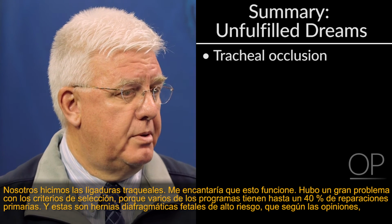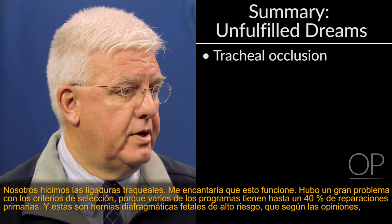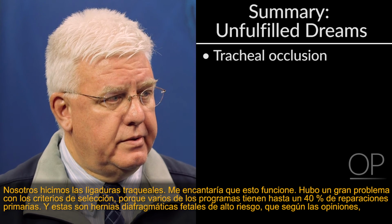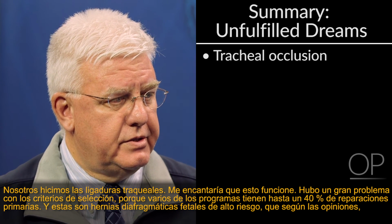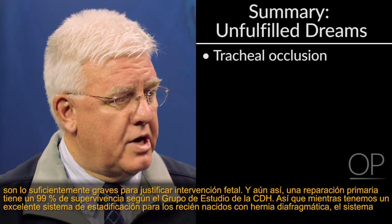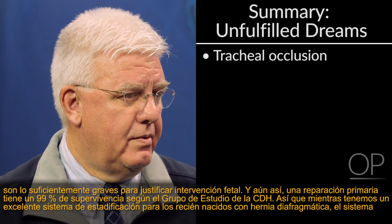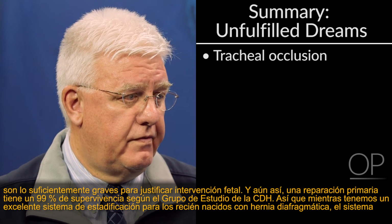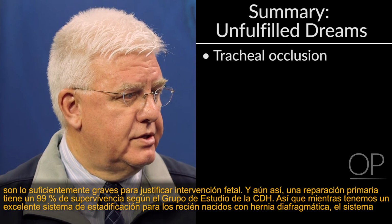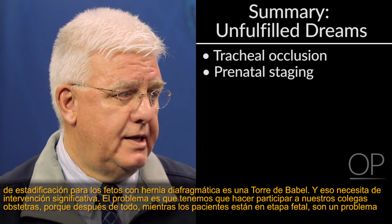There is a terrible problem with selection criteria in that several of the programs have up to 40% primary repairs in their high-risk fetal diaphragmatic hernias, severe enough in their minds to require a fetal intervention, and yet a primary repair has a 99% survival in the CDH Study Group. So while we have a great staging system for newborns with diaphragmatic hernia, the staging system for fetuses with diaphragmatic hernia is a Tower of Babel, and that needs